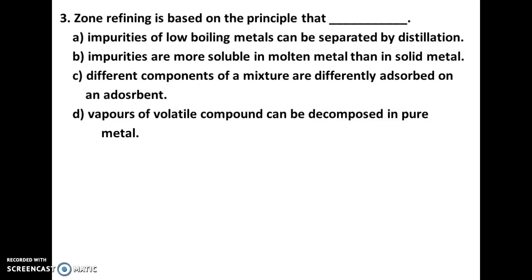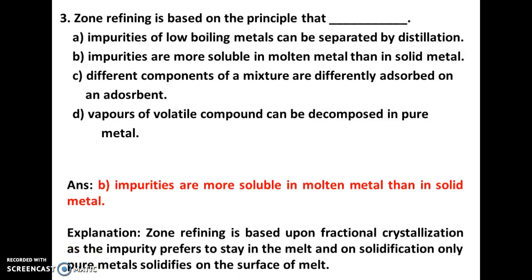Option D, the vapors of a volatile compound can be decomposed into a pure metal. The correct answer is B, that is impurities are more soluble in the molten metal than in the solid metal. And it is because zone refining is based on fractional crystallization, as the impurity prefers